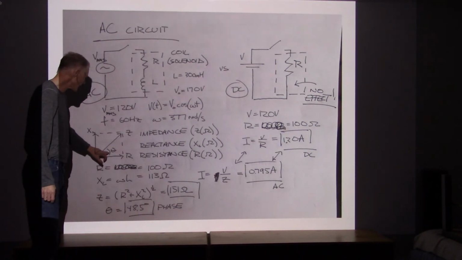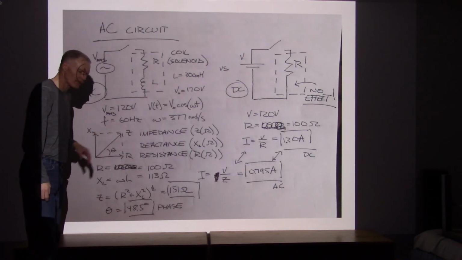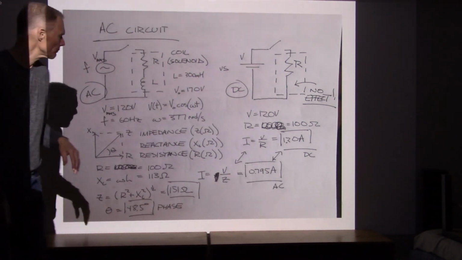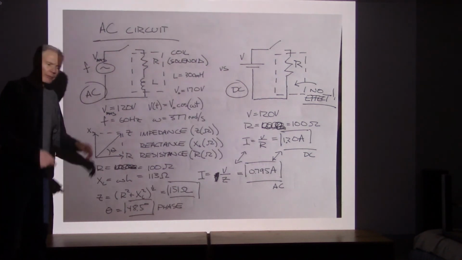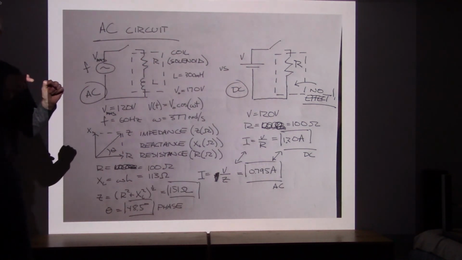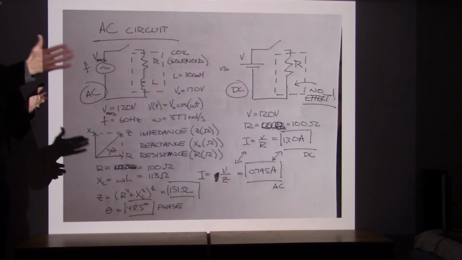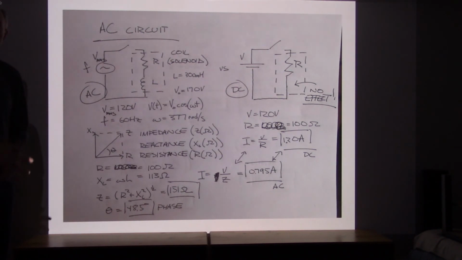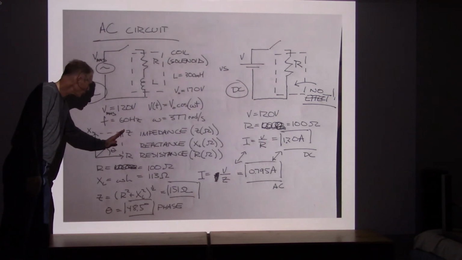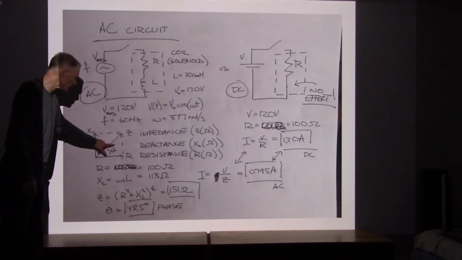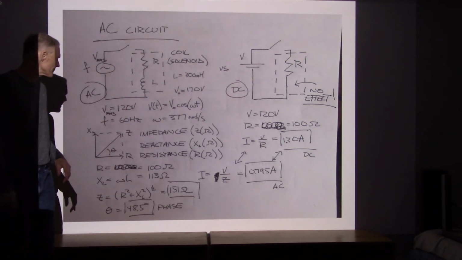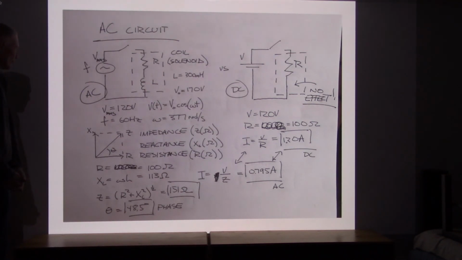And what we want to come up with is a phase angle, an angle that tells us how far the voltage is out of phase with the current. The current, remember, we're using a cosine function, and the current is in phase with the voltage across the resistor. So this angle right here says the total voltage and the current are out of phase. The current is lagging behind the voltage by 48.5 degrees, and I got that by using